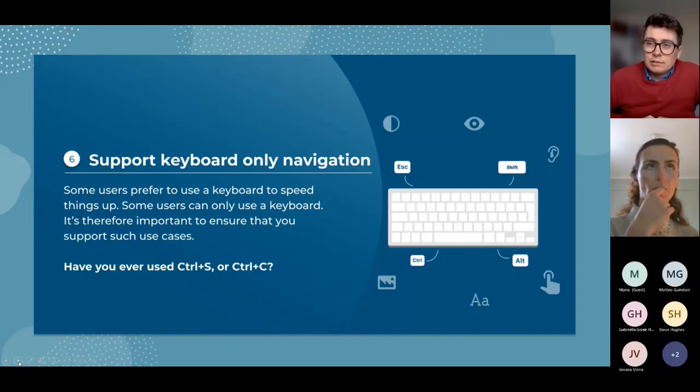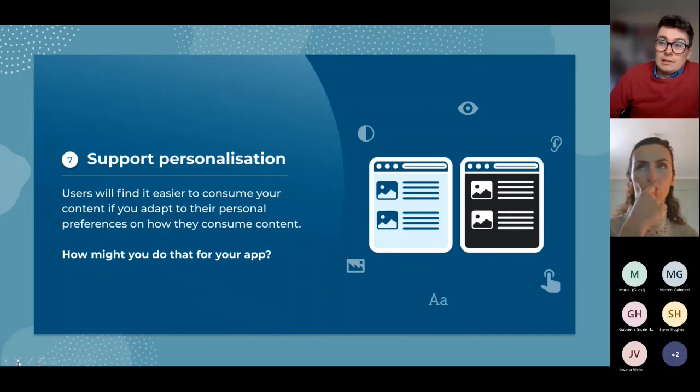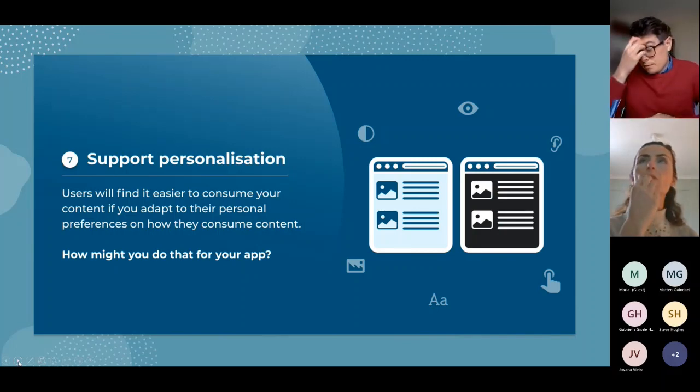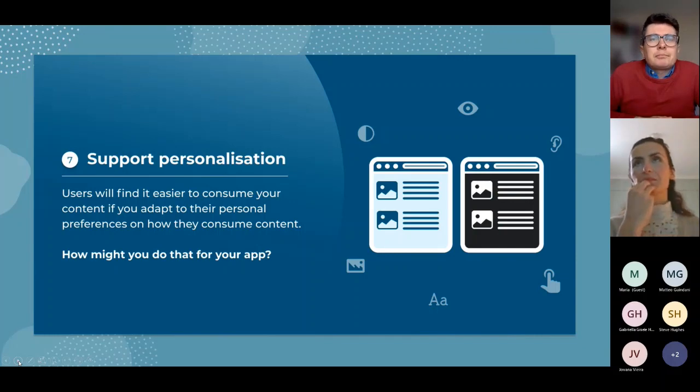So number 7 is about personalization. Here, as an example of personalization that can help with being more accessible, is to cater for different people who like to consume their content differently. So here's a little graphic that demonstrates themes. It's becoming quite popular now, which is good, that you're able to sometimes toggle between a light theme and a dark theme.